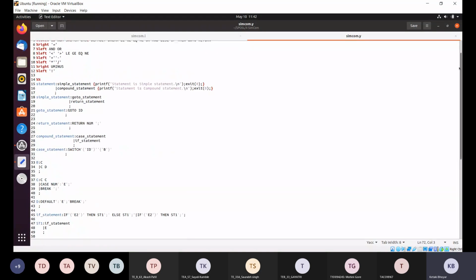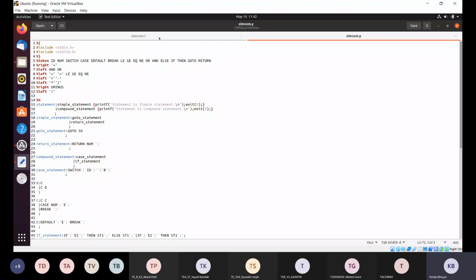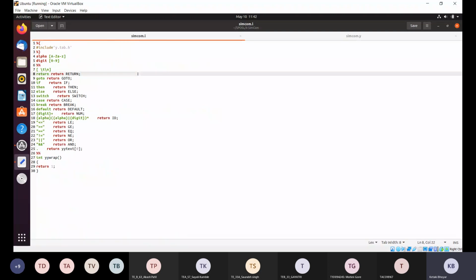The next assignment is also similar to this because it is also implementing the Yacc specification, only the problem statement is different. I'll read the problem statement for all of you. The steps to run this program are also the same.